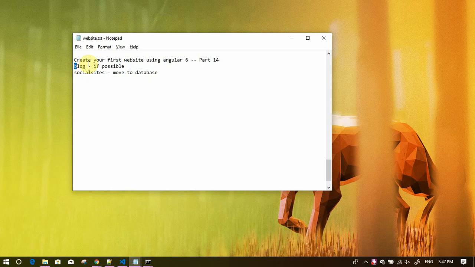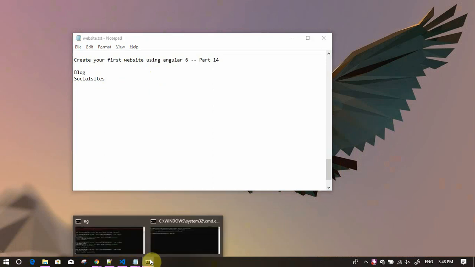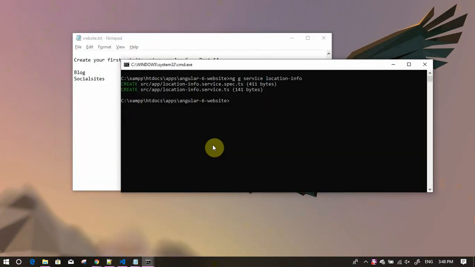We were doing, we will cover this blog section and convert it to a feature module. Okay, a feature module with routing, and all the components and services belonging to the blog section will be residing in one single module. So let's do this. Okay, so we'll start from here